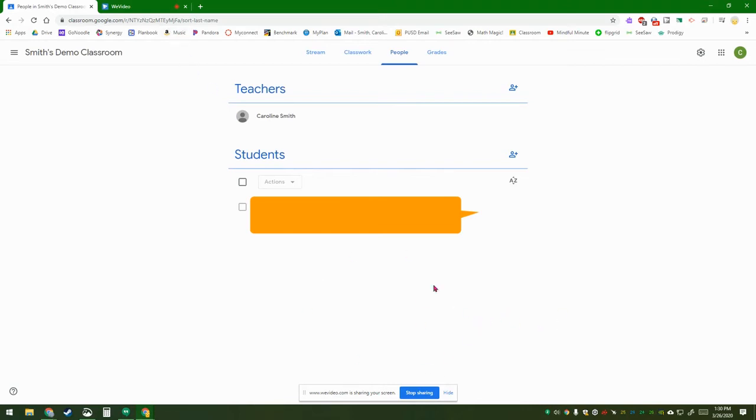Now I'm going to show you what it looks like from the student's perspective. Right now the student is gray because they haven't accepted the invitation. So I'll show you that right now. Right now, as I'm viewing this classroom, it's viewing it from my teacher point of view. If you want to see what it looks like from the student's end so you can give them directions, first